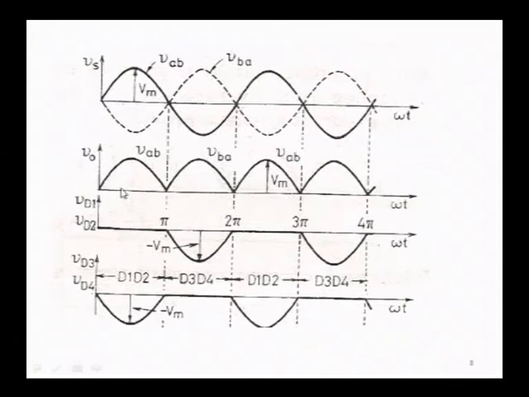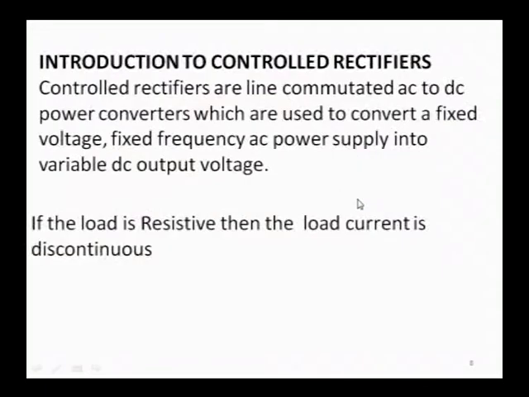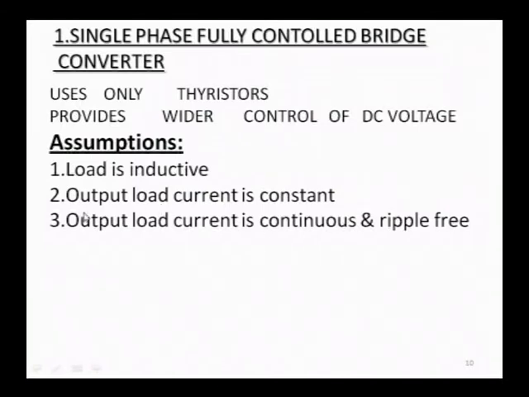Now, unlike your full wave bridge rectifier, you have ripples. You know the ripple factor of a full wave bridge rectifier. You have studied about ripple factor also. So the problem is, in order to get a ripple free output, we have to insert filtering circuits. So now you know what is the ripple. Now this output load current is continuous and ripple free. This is another assumption made before you start learning about this full wave bridge rectifier. I mean to say there is no ripple. Now how to filter it? Let us see.